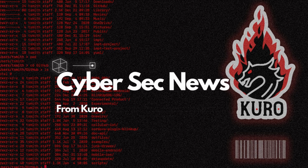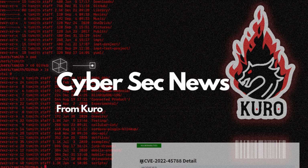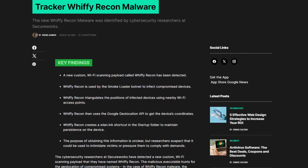Good afternoon, hackers. A new malware named Whiffy Recon is being mysterious on vulnerable Windows machines, sniffing out nearby networks. In addition, hackers can now breach vulnerable networks at the controller level of critical infrastructure to cause damage, such as moving actual bridges. To start us off, a new malware by the name of Whiffy Recon is now popping up